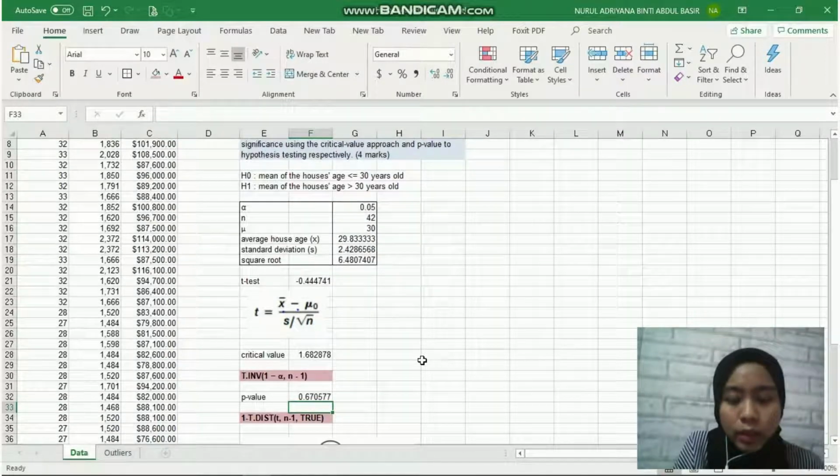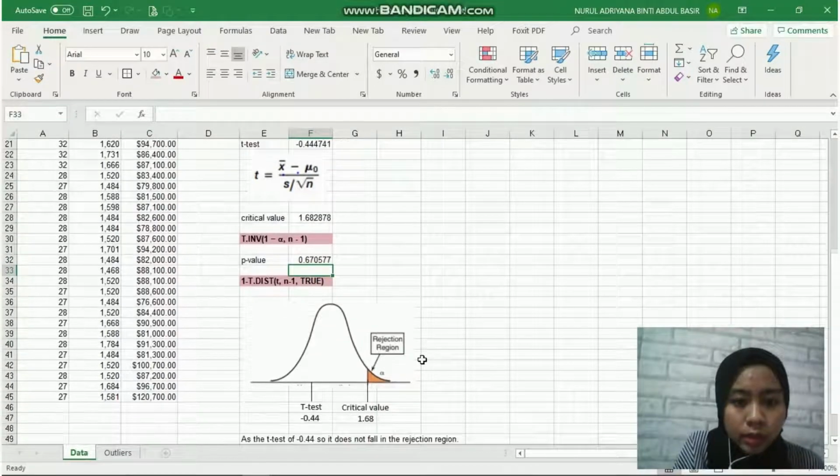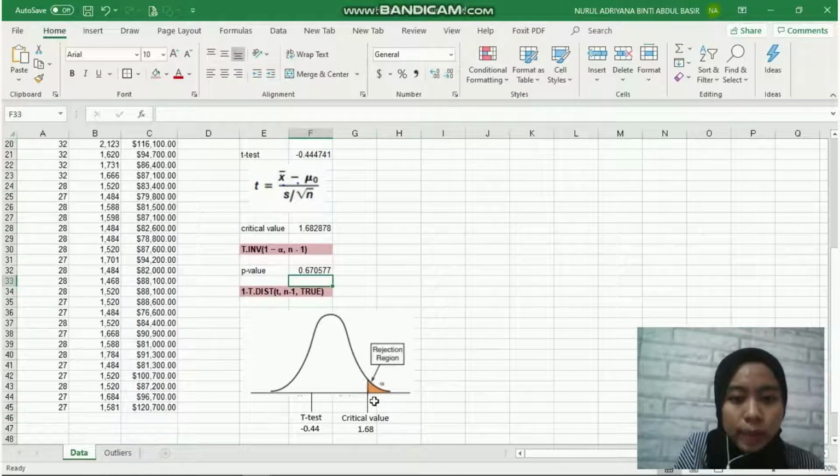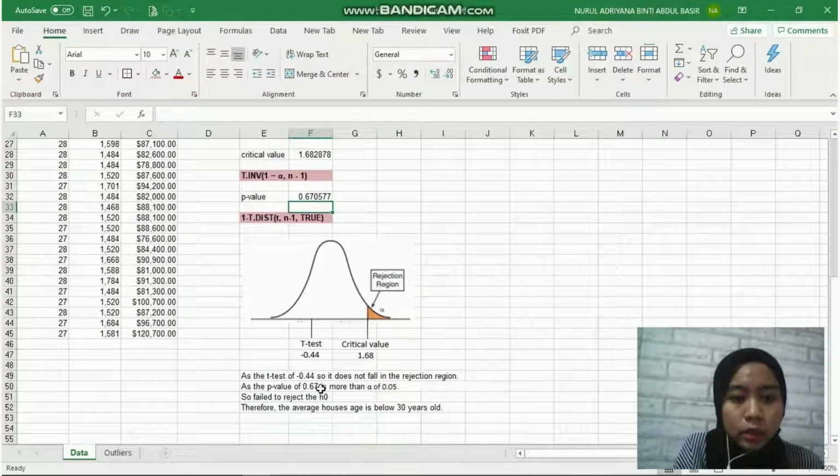And then we need to draw the conclusion using this graph. This is the rejection region. And since this is an upper one-tailed test, it is on the right side. The critical value is 1.68 and the t-test is negative 0.44. So, as the t-test of negative 0.44 does not fall in the rejection region,